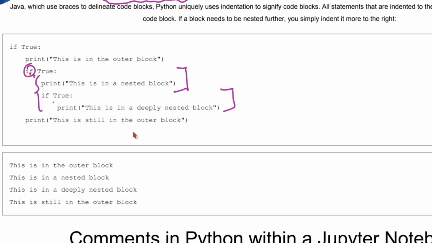You should also be able to tell what comes under this if, how many statements are in the if. For example, if I see the outer if, there are 1, 2, 3. So these 3 statements are under this if statement, under this block. Under this inner if statement, there is only one block, only one line.